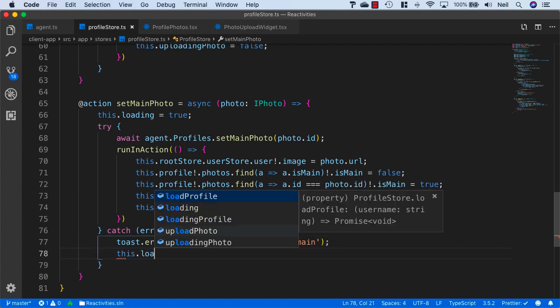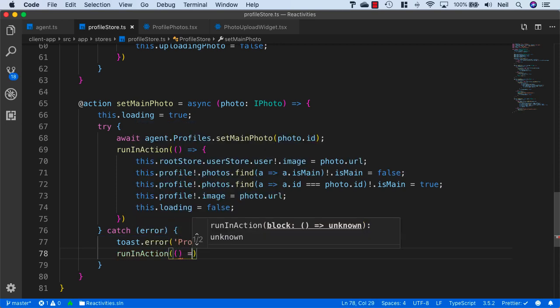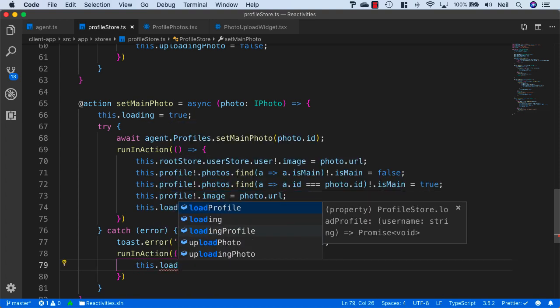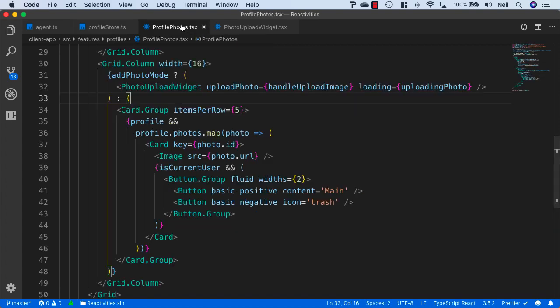And we'll also turn off the loading indicator, but we need to do this inside an action, otherwise we're going to get a warning. So we'll say this.loading equals false. And this should be enough,